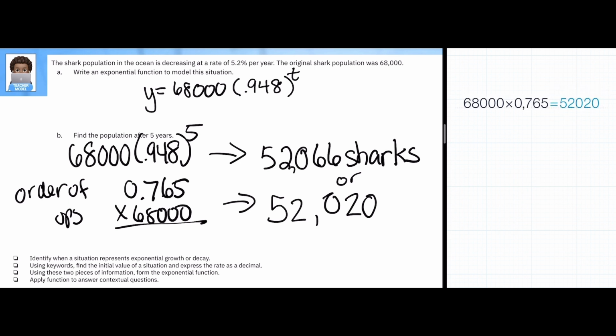Okay, and that's basically it, Math Marbles. So that's what you're looking for today. You're going to be able to just recognize, is it a growth or is it a decay? And depending on that answer, that's how you're going to change your function. You're either going to add the percentage to 100 or subtract it from 100 and write it as a decimal. And then use that to answer any of the questions